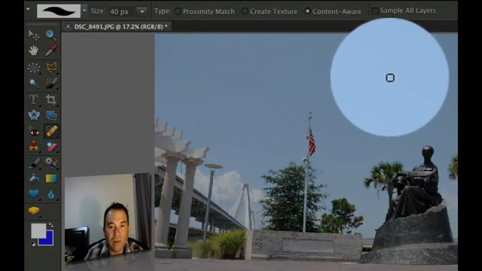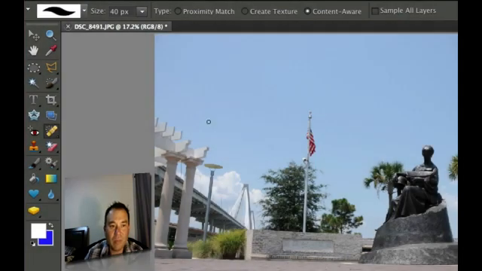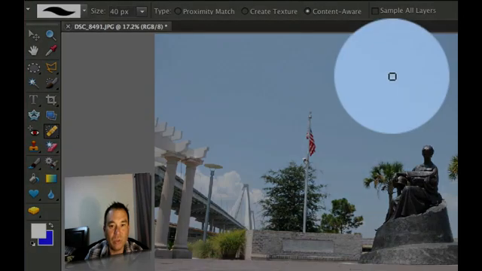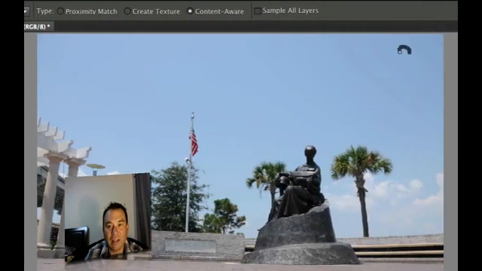Right here, one of the pixels is either bad or it's a little bit of dust on my picture. What the spot healing brush does is allow you to just go there, and it will look around that area when you click on it, and find all the similar colors, and then repair that. So I can just click like that and it will get rid of that little dust speck. I've got a little bit of blotch up here. I can just do that and it will automatically find the color for me. Now I'm going to do a couple Command Z's to get some of that stuff back,